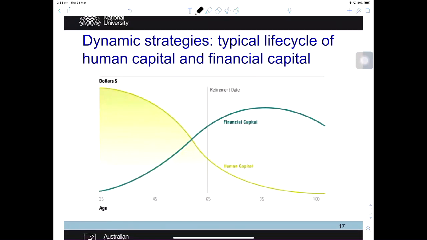This graph shows us how financial assets and the value of human capital evolve during the life of an investor. An ordinary investor, at a very young age, like 20 or 25 years old, will have a very small amount of financial assets. Much of the value of their life relies on human capital. Now, if that's the case, to do asset allocation of the financial assets, you need to understand the risk-return characteristics